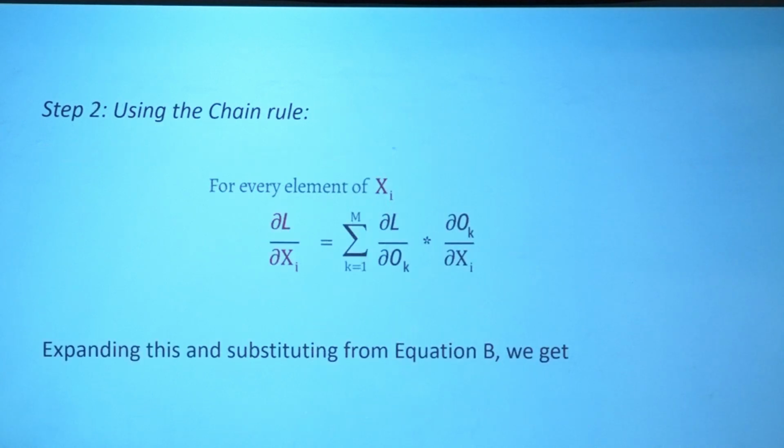Next step is common, what I discussed, using the chain rule of multiplication. There, for every element of the filter we did. Now here, for every element of the input we are supposed to do. For every element of the input, xi, we have 9 input parameters in our 3 by 3 input matrix. Obviously, we will get 9 equations. You can guess. So, ∂L/∂O and ∂O/∂X. Once you do this, I would get 9 equations, because my input is a 3 by 3 matrix. Yes.